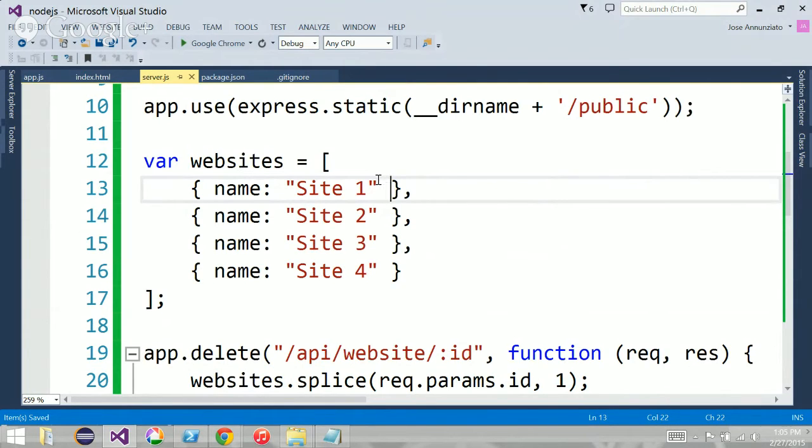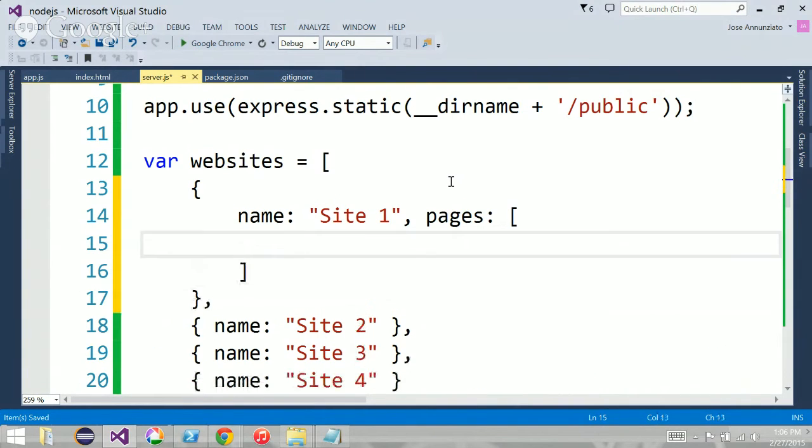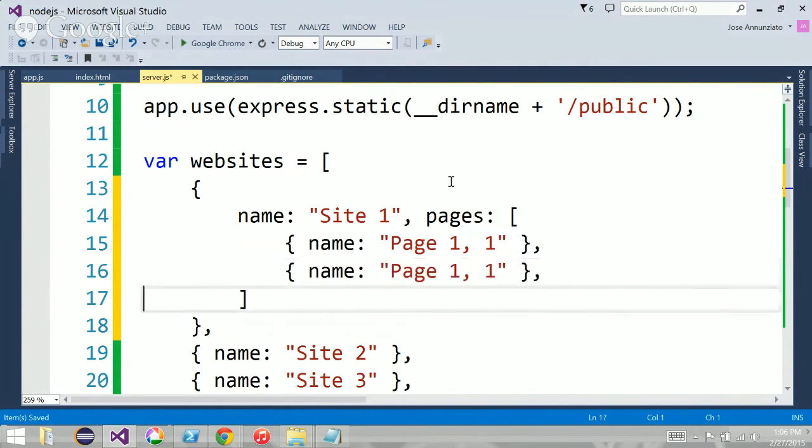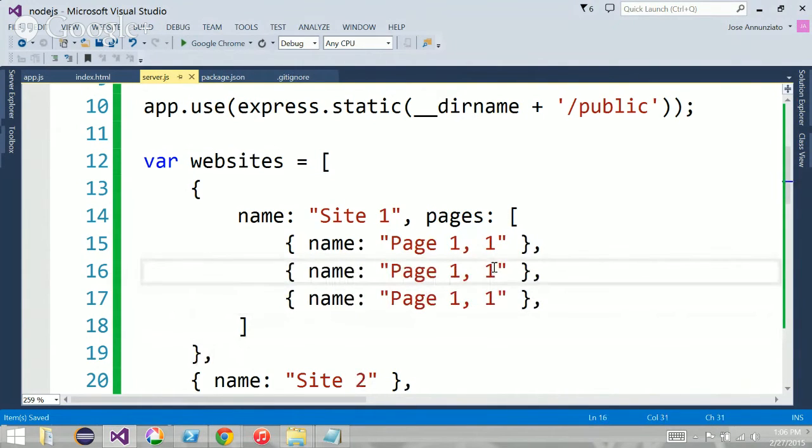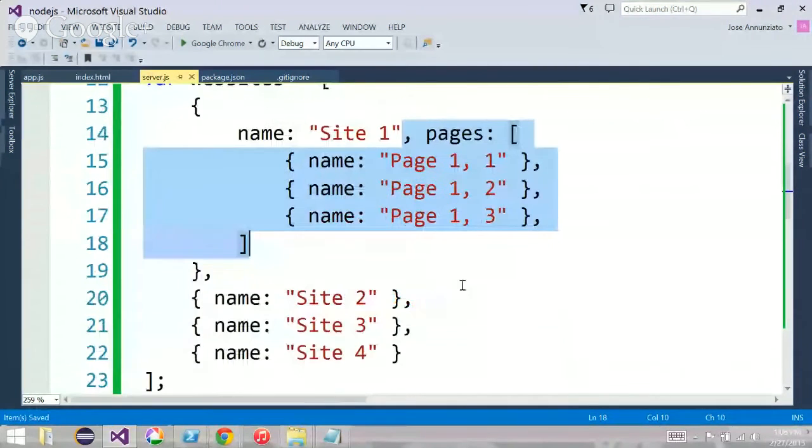So maybe the way you might want to represent that as an instance, you might say that you have pages, and you have the data for pages under here. And then the page might also have a name. So this is page 1, 1. And again, let's keep it simple. So this is page 1, 2. Just so that this is page 1 for site 1, and then page 1, 2, 3 for site 1. Make sense? And you might have something similar for site 2,